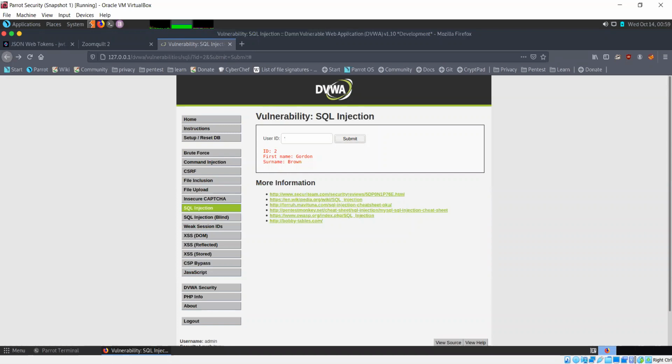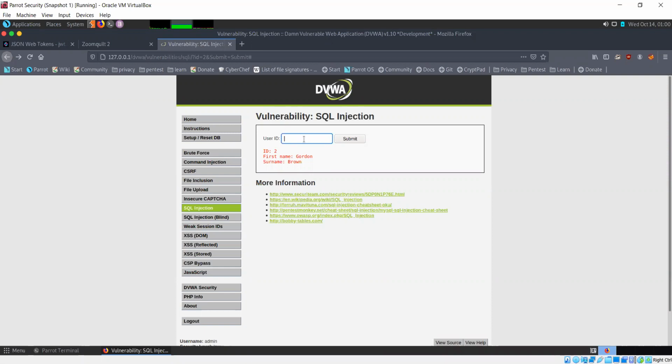So now we know, and we can continue further. In the where clause, like I mentioned, there is a condition which matches the ID that you specify with the ID correspondingly present in the database. Now we can manipulate that. We can make changes to that query in order to get different data than the intended functionality of this page. So let's see how that is going to happen.